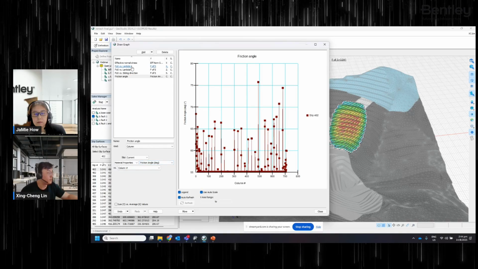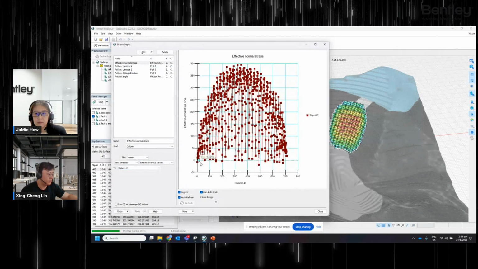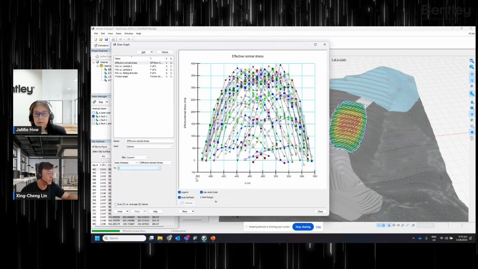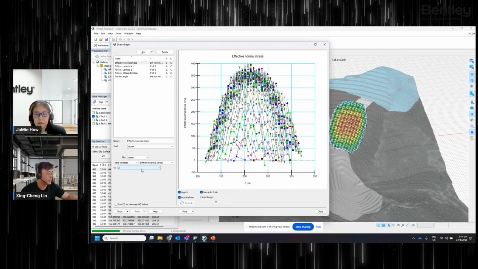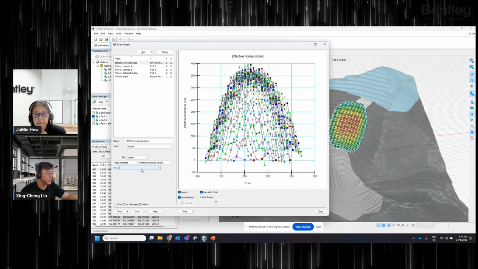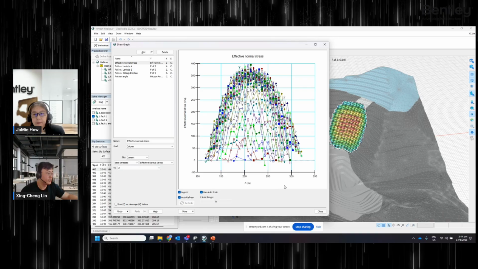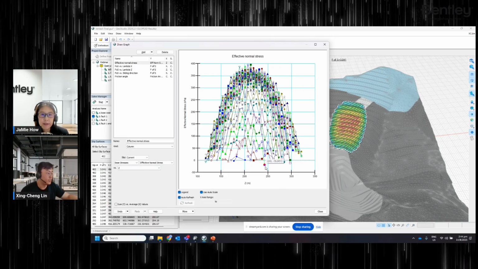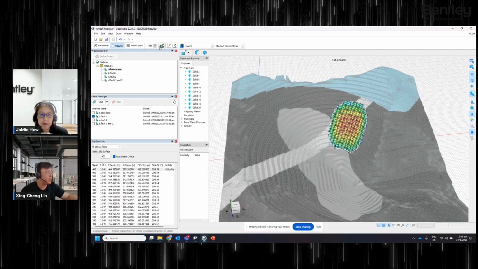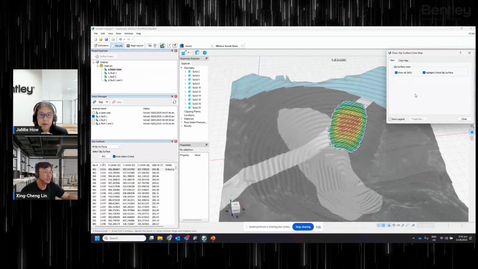And then we have the normal stresses. For columns, you can look at the x direction and the z direction on the same plane. These are the normal stresses at the base of each column along the z-axis. We can also review the safety map. All right, so in this case, we can actually